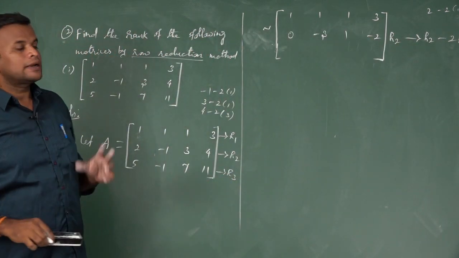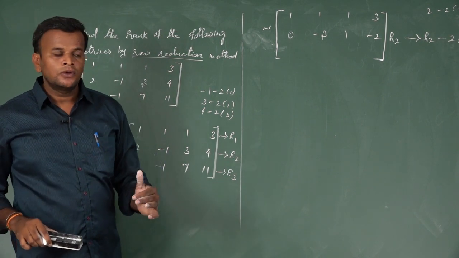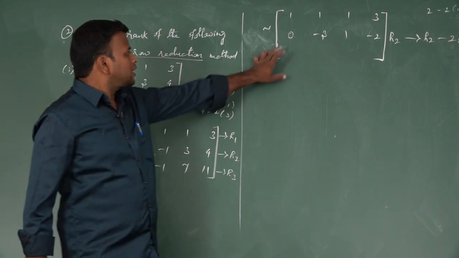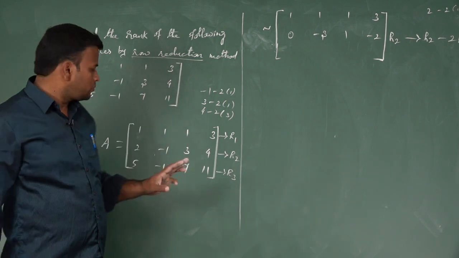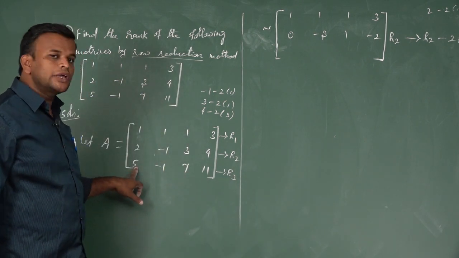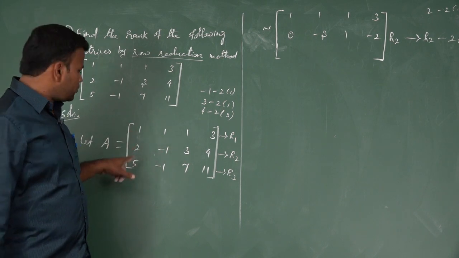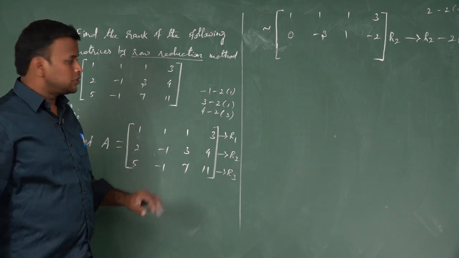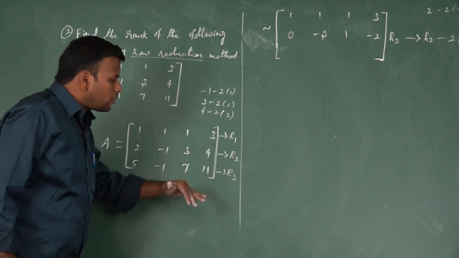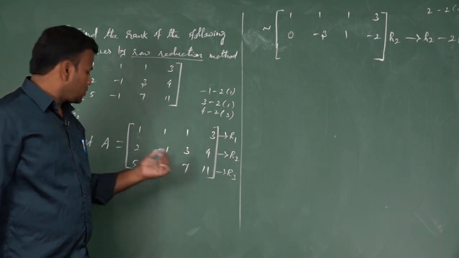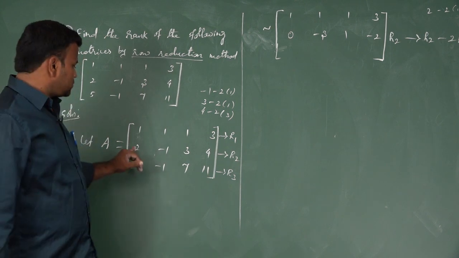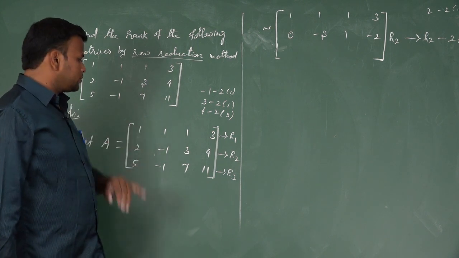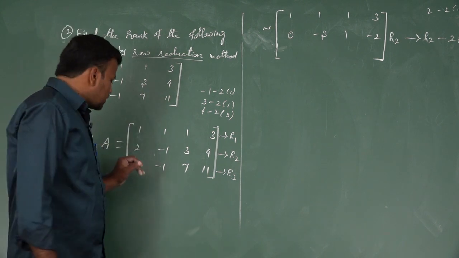So to convert to echelon form, that is the first step, to convert this element to 0. The next step is to convert that element also to 0. How to make it 0? It's the row reduction method. So we do the work with row 1. How to make the element 5 become 0? You see, for the 2 I considered R2 and R1. Now this element becomes 0.